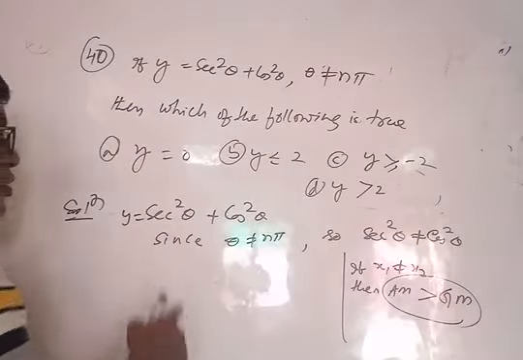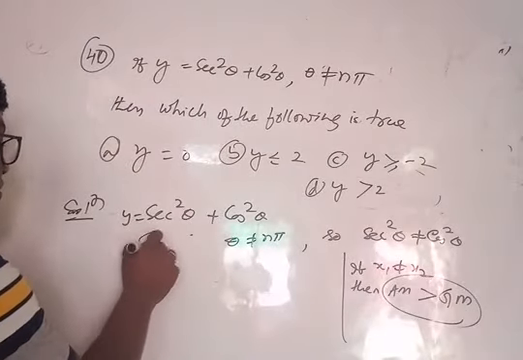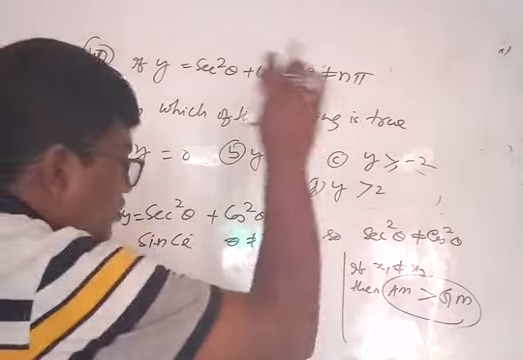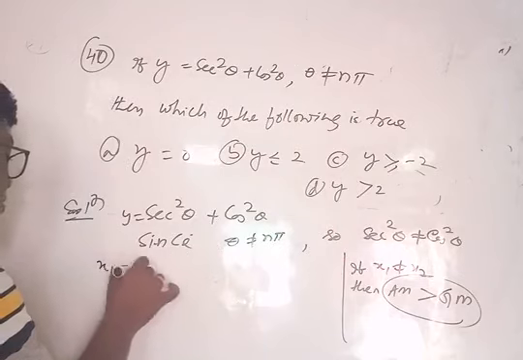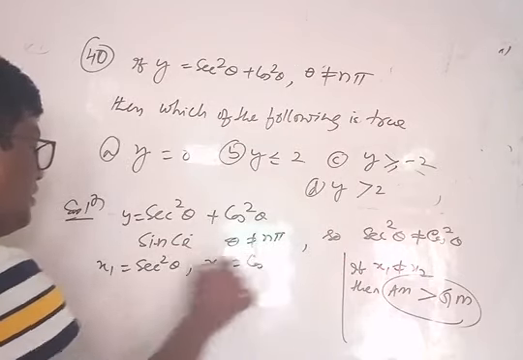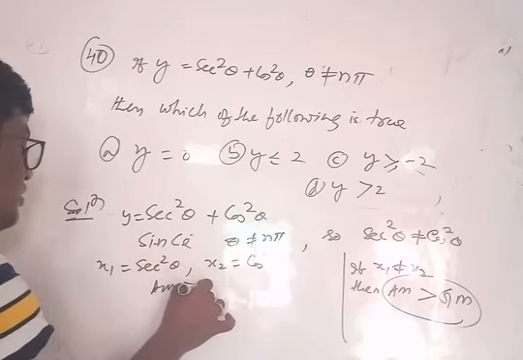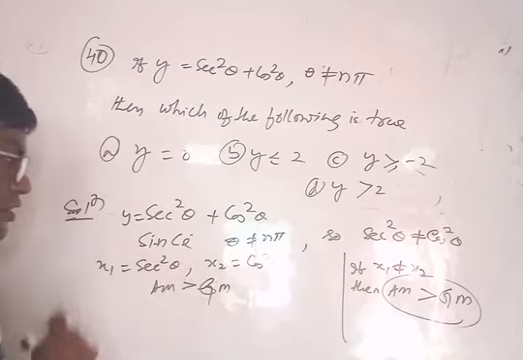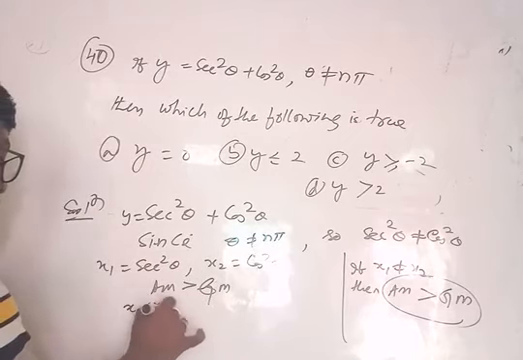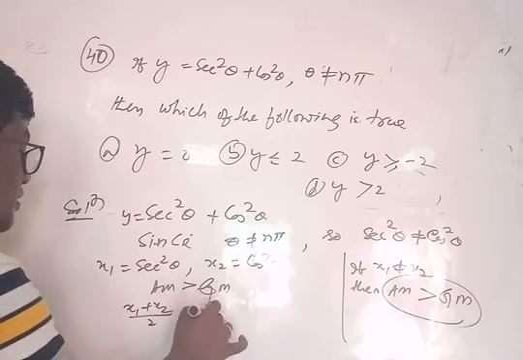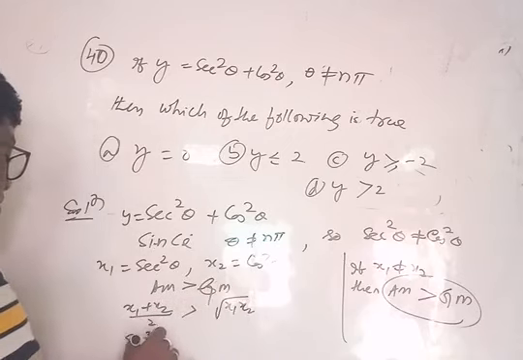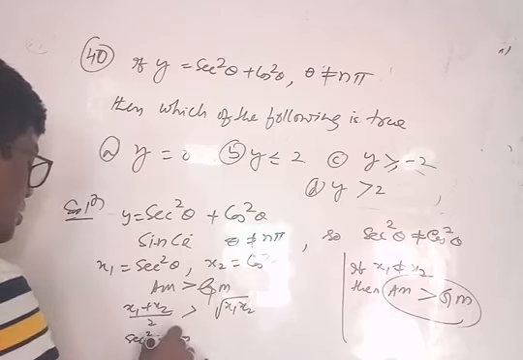So since theta not equal to pi, sec square theta not equal to cos square theta. Let x1 is equal to sec square theta, x2 equal to cos square theta. AM greater than GM. Here equal sign absent because the terms are not equal, that is (x1 plus x2) by 2 greater than root over x1 into x2, that is (sec square theta plus cos square